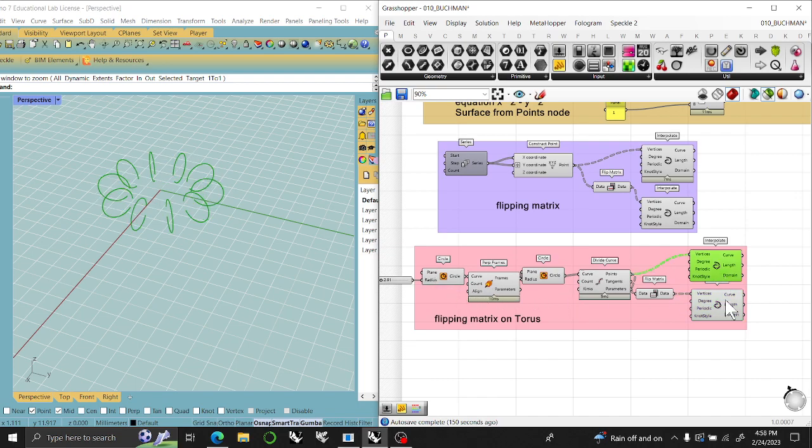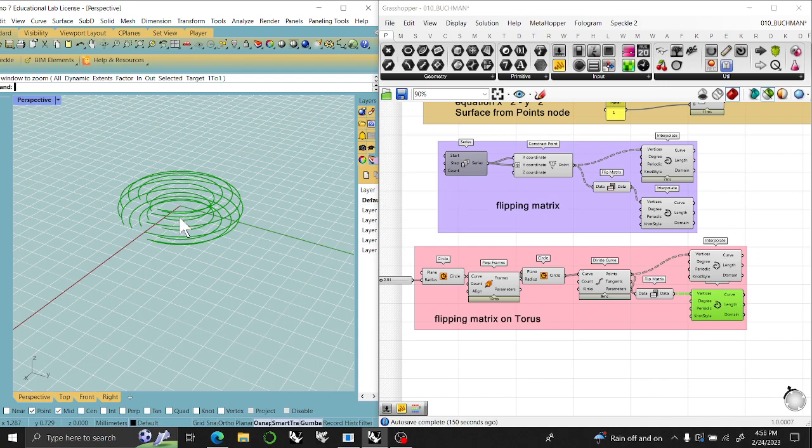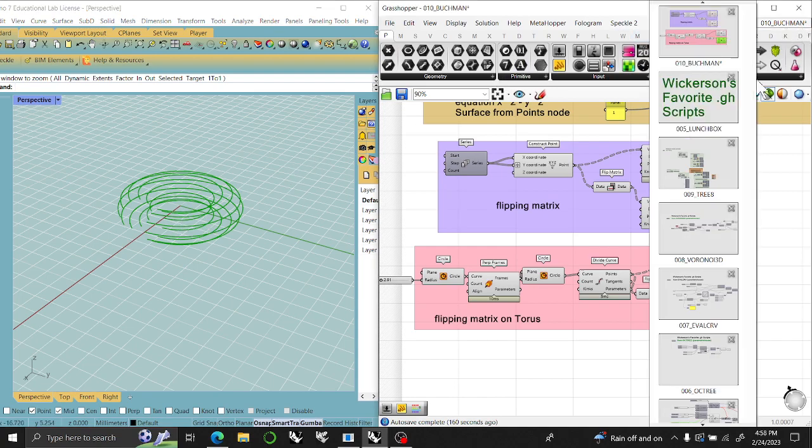That'll be fine. So just a nice little beginning of a torus. All right, so that's one script, and what I'm going to do is jump in and grab another one here, probably